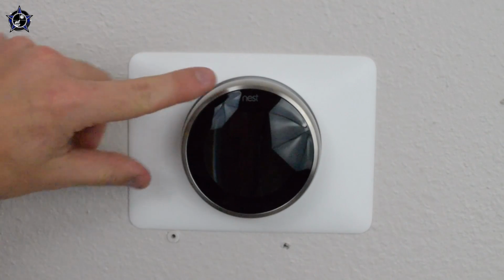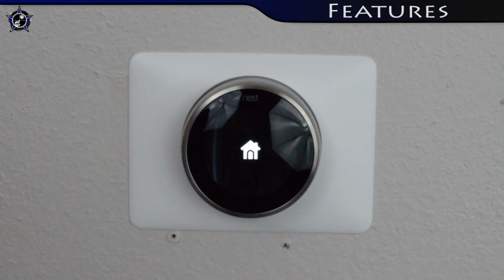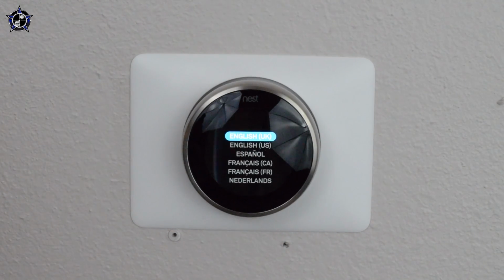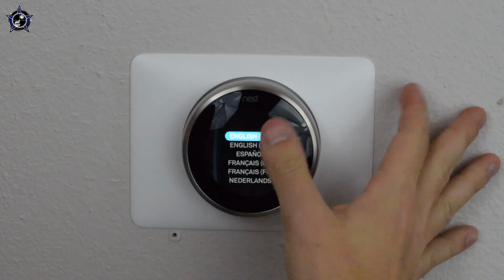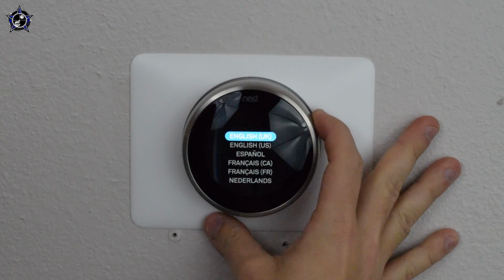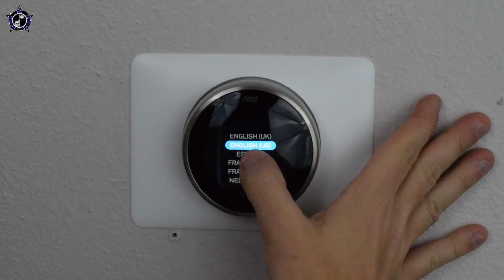All right, with the power on, you can see the green light here starts to blink and a little home screen. Now I'm gonna be going through this for the first time as well, so I'm gonna be learning and showing you how I set it up. All right, that took about a minute for it to get all the way set up and boot up, I guess. So I am in the US, so I'm gonna use the metal here. It actually rotates. So I'm gonna select English,